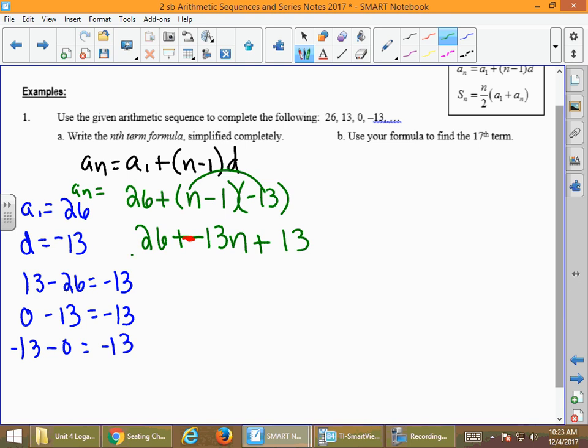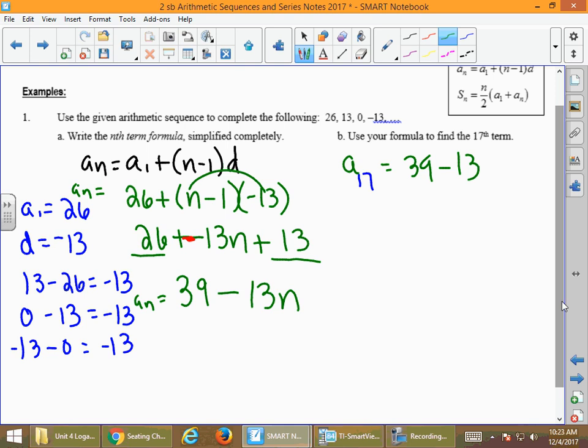But if we combine like terms here, and I can write better, we get 39 minus 13n. I don't know why I just wrote plus a negative. Negative 13 times n is negative 13n, and I had written that plus already. So a sub n equals 39 minus 13n. And once we know that formula, when we want to figure out the 17th term over here, all that we're going to do is we're going to put 17 back into our formula,